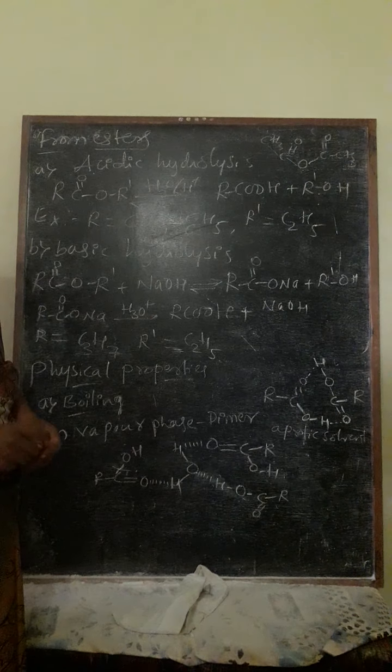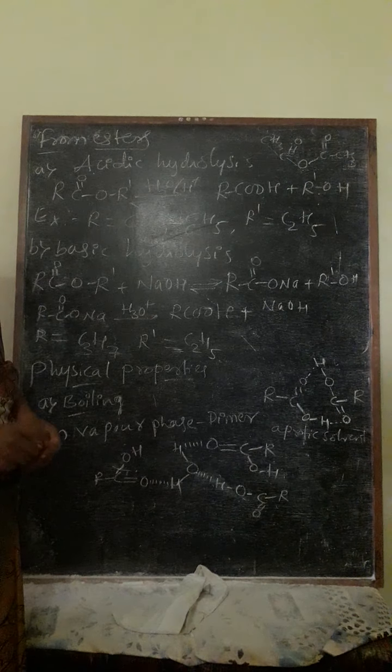Come to know next one is basic hydrolysis. Same carboxylic acids, how they are prepared from esters using base. What happens here? First, these esters react with base. Definitely they give salts of carboxylic acids, generally called carboxylates. Now carboxylates plus alcohol. These carboxylates upon hydrolysis in acid media give carboxylic acid, and again the base. Here the base is acting as a catalyst. You can say here the acid is acting as a catalyst.